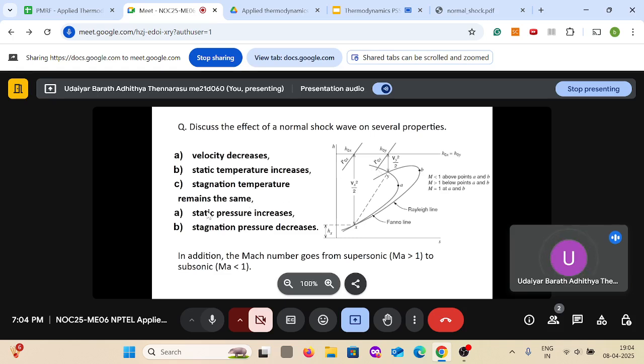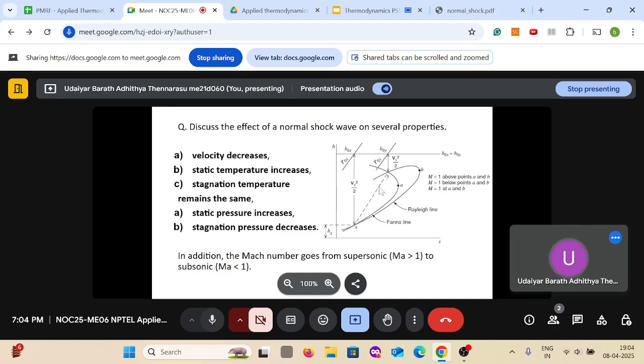And then your static pressure will increase, so will decrease, and then your stagnation pressure is decreasing. So this is how it looks in a chart. If you plot this Rayleigh line and Fano line, this crosses at these 2 points, A and B, which is your Mach number equals 1, and the bottom portion says the supersonic condition, and the top gives you the subsonic condition. So your flow is from this x to y through a normal shock wave.